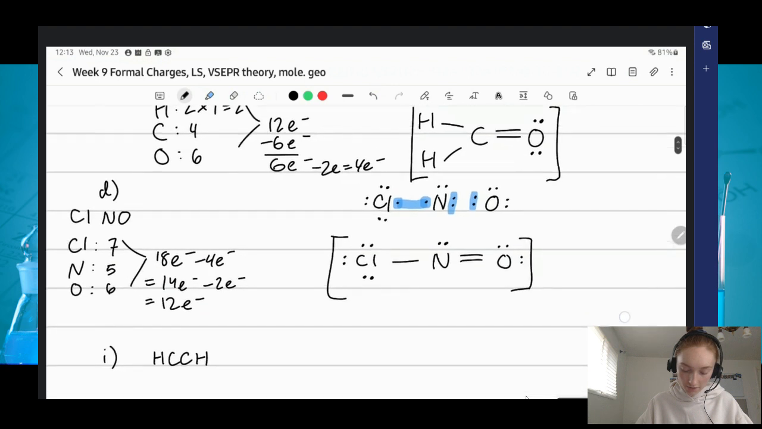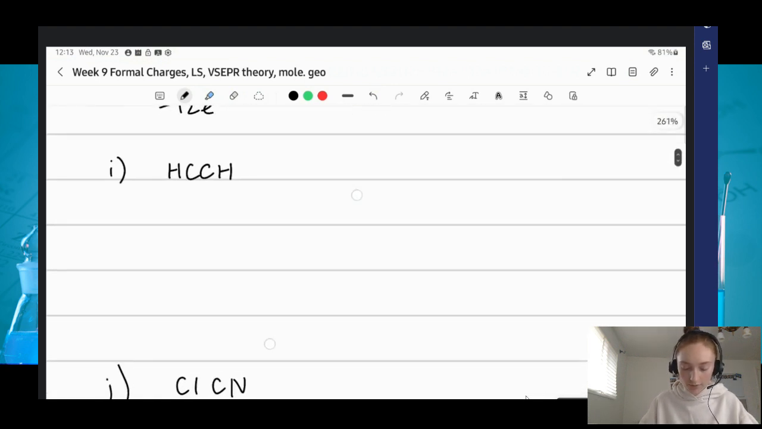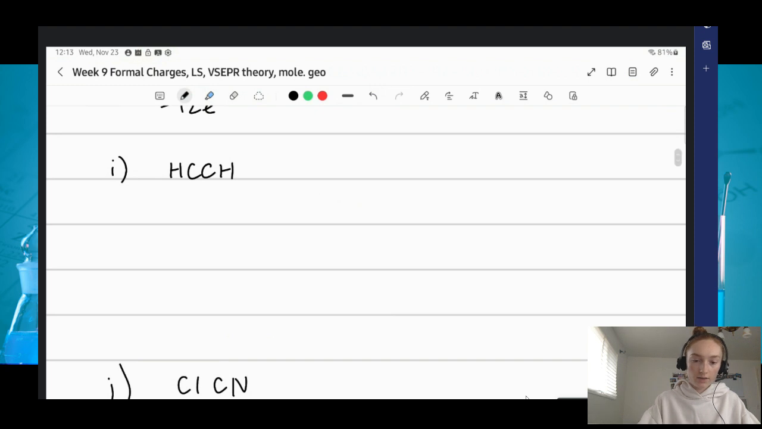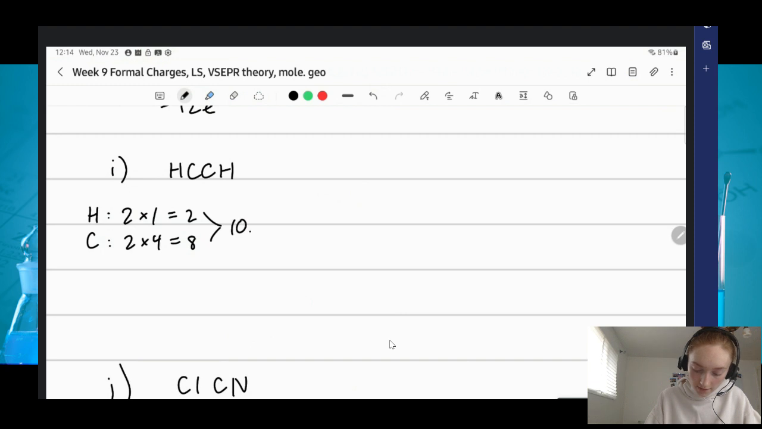Okay, let's move on to 29I. So this one, it's HCCH. So let's look at what types of species we have here. We only have hydrogen and carbon, so let's write that down. So we have hydrogen and carbon, and it looks like we have 2 of each. So hydrogen times 2. The hydrogen has 1 valence electron, just as we've done before, as well as the carbon has 4. So 2 times 1 is 2, 2 times 4 is 8, so it looks like we're working with 10 valence